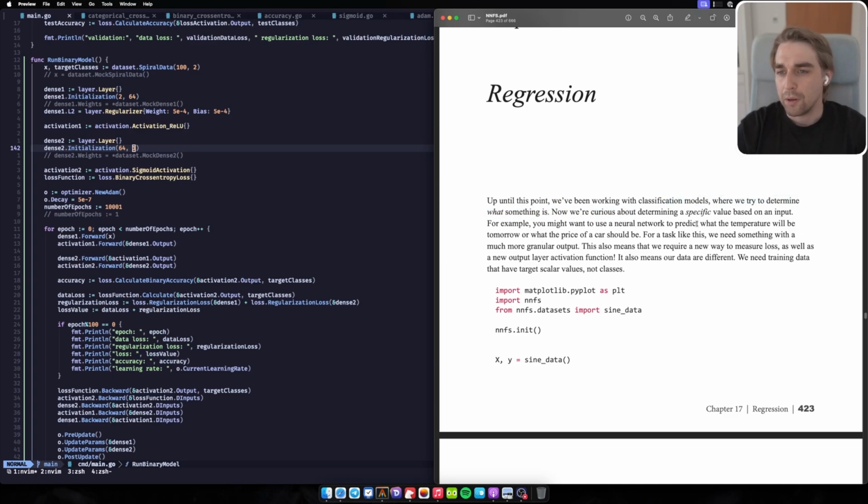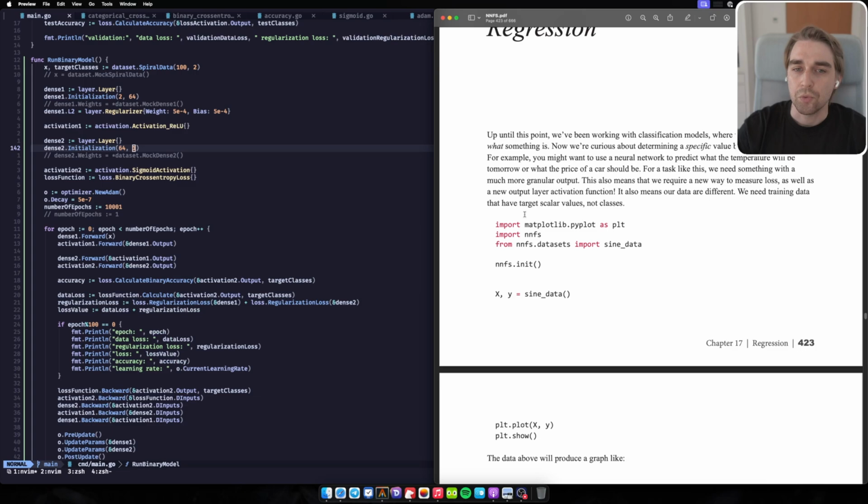Now we're curious about determining a specific value based on the input. For example, you might want to use a neural network to predict what the temperature will be tomorrow, or what the price of a car should be. Nobody knows the temperature tomorrow, as usual, and there are always predictions, but they are far away from the truth. For a task like this, we need something with a much more granular output. This also means that we will require a new way to measure loss, as well as a new output layer activation function. It also means our data are different. We need training data that have a target scalar value,